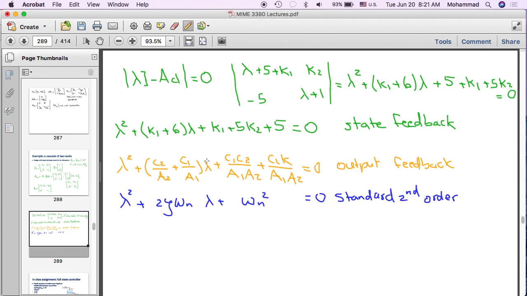And maybe damping ratio. So how could we tell? How could we be sure? Because there are two possibilities here. The way to be sure is simply comparing